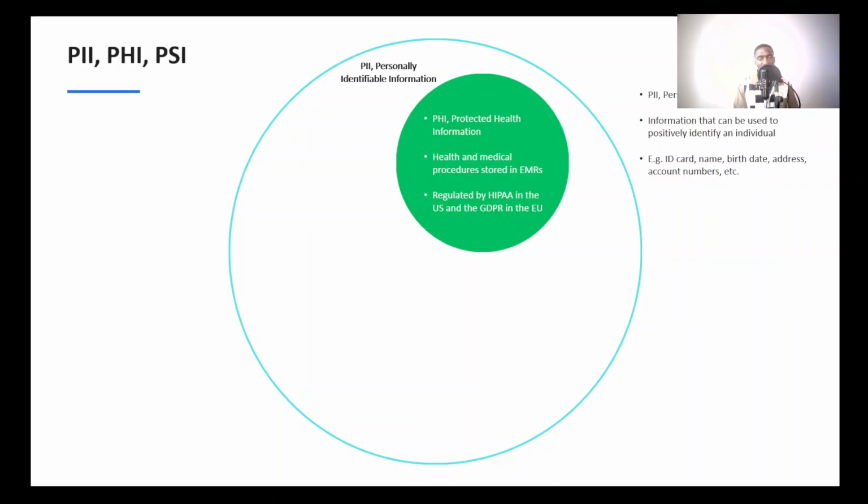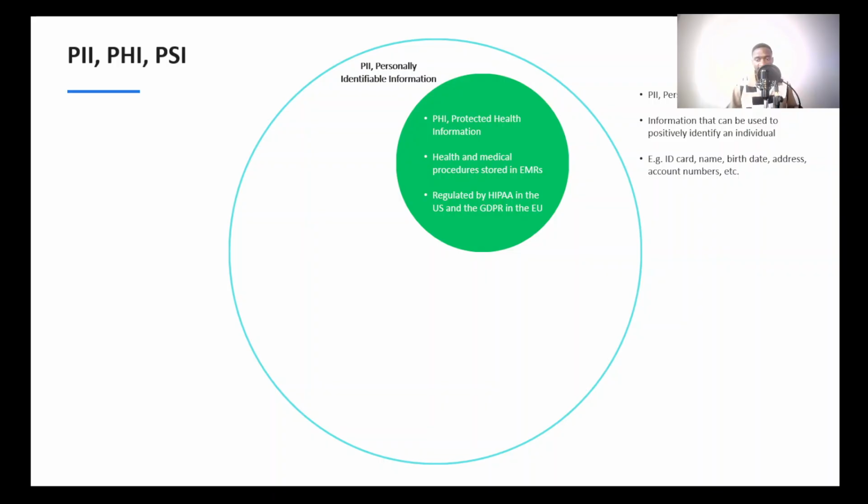And that is why in other countries abroad and even in Africa, regulation is being put in place. This kind of information is being regulated by HIPAA in the USA, which is the Health Information Portability and Accountability Act, and the GDPR, General Data Protection Regulation, in the European Union that protects all of this kind of information